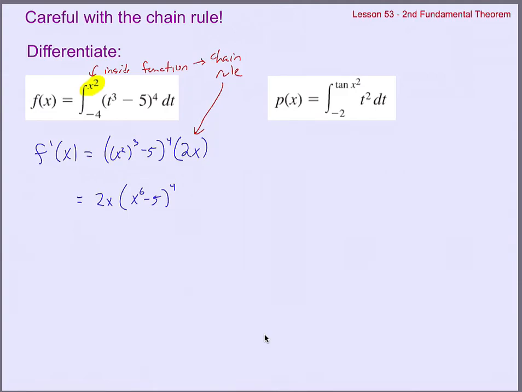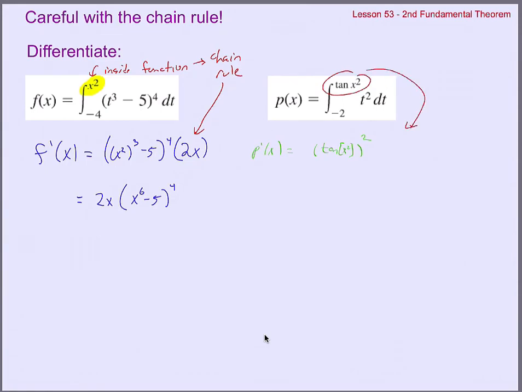The next one's similar idea, slightly more complicated. P prime of x would be the integrand evaluated at the upper limit of integration. So tan of x squared. I'm going to put the x squared in brackets there, just to make it clear what it means, because it looks a little bit vague. If it would have meant tan of x squared, it would have to have been written as tan squared of x. So that's not what it said, so that's not what it means. Either way, tan of x squared squared, that's my t squared. But because of the chain rule,